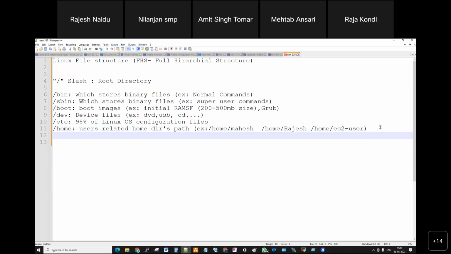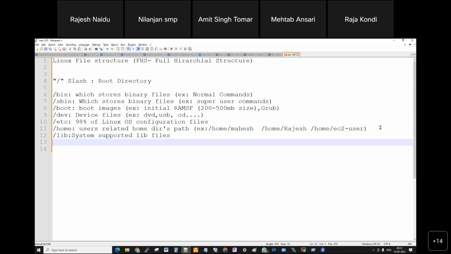So next, /lib. /lib means libraries, system supported library files. When we are executing any programs, the supported library files will be running in the background.